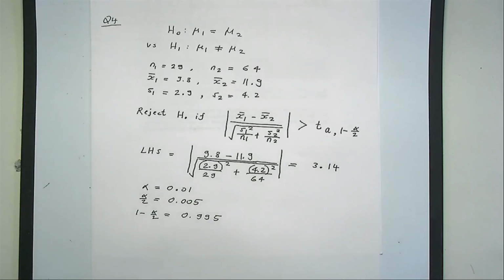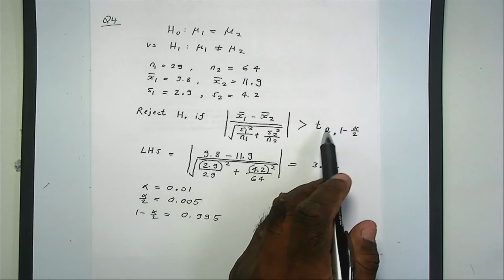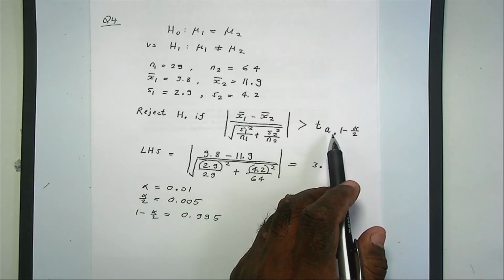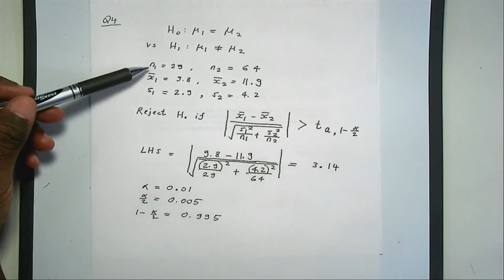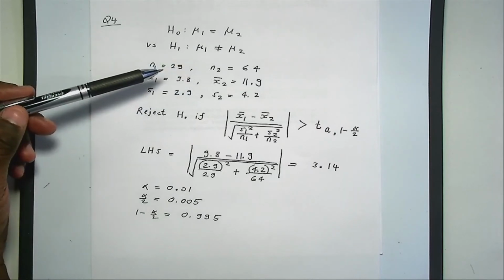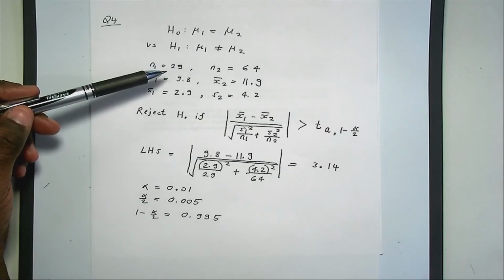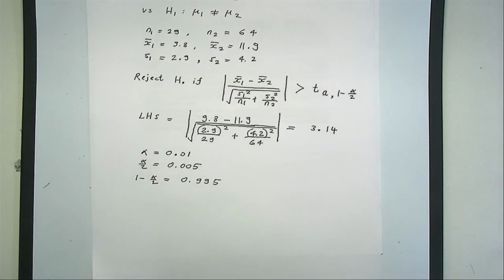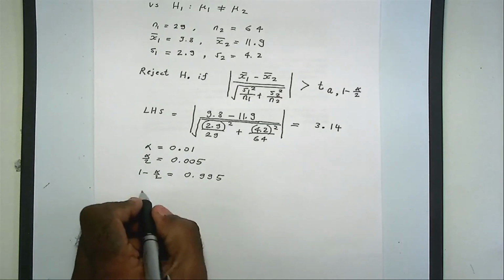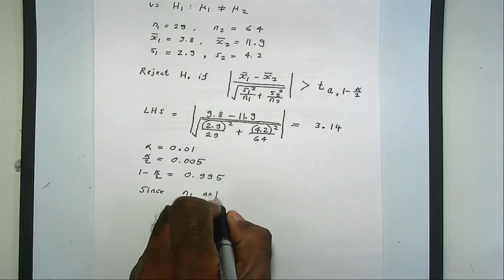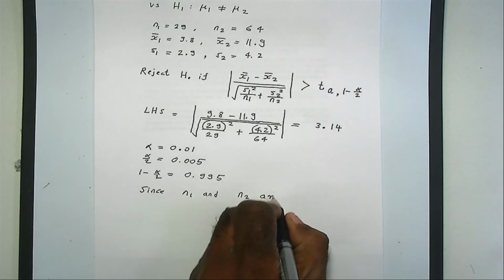Because this is a complicated expression, I mean A, the degrees of freedom parameter, I'm going to use an approximation. If you look at the sample sizes, N1 and N2, they are pretty large, 29 and 64. They can be considered large enough. At least in statistics, anything above 25 is considered large. So since N1 and N2 are large,